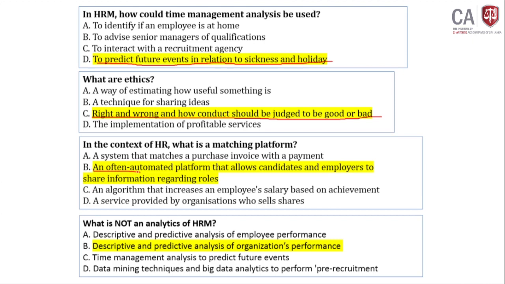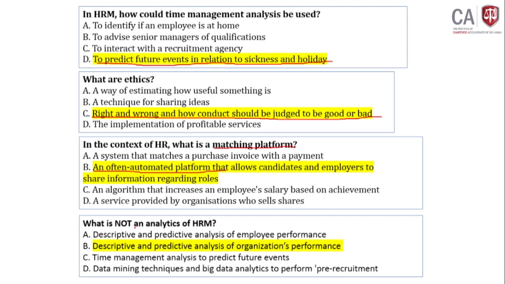This is the answer for that. When it comes to a matching platform, you have to remember it talks about an example of selecting the best application by using software. So when the HRM system is there, people will put their CVs inside the HR system. They will apply online, and all the applications will be received. Let's say there are about 10,000 applications. Using the machine algorithm, the machine platform, they can sort it and select the best application for the role.